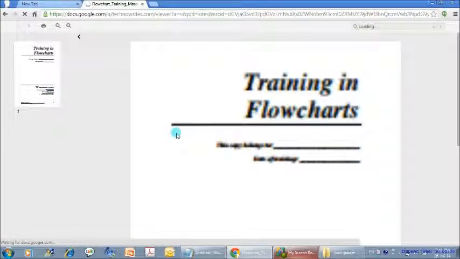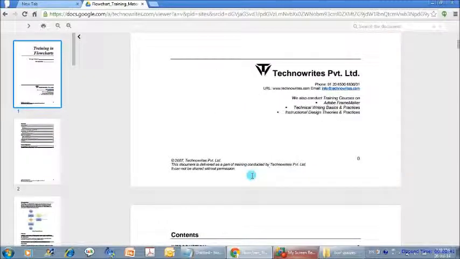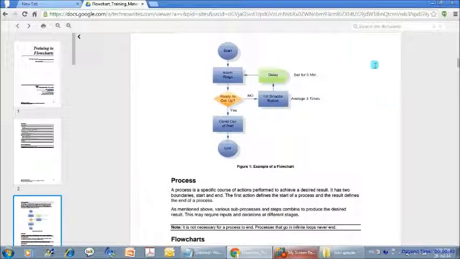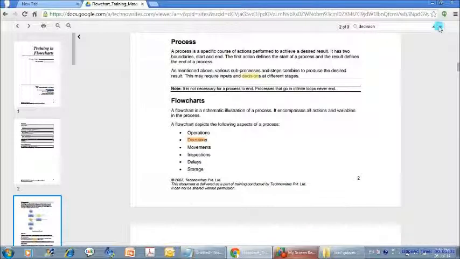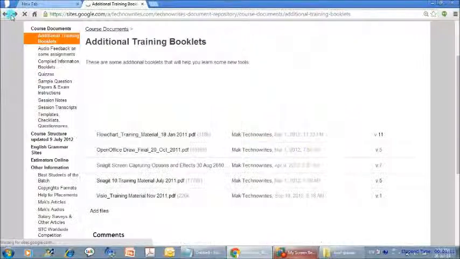So this is a PDF file that we are opening, and you can see that it will directly open online. So then you can go through it page by page, or you can search for information and so on. So let's say, let's search for decision. So you can see that now you can browse the file based on the searches that you have made.